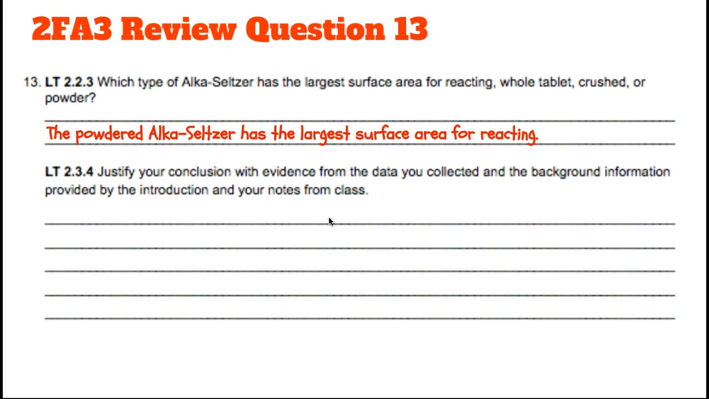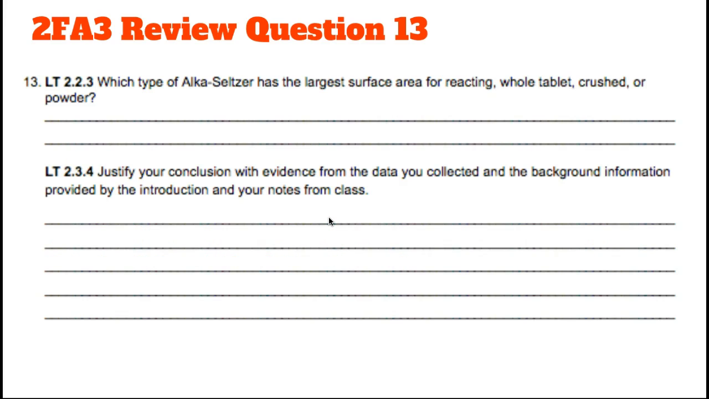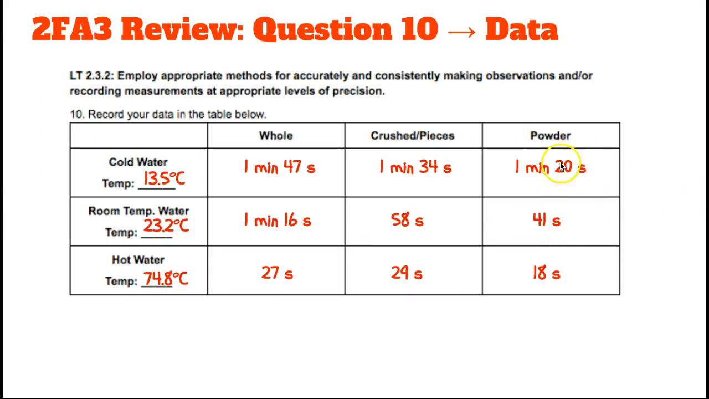So our conclusion justification is each of the powdered trials was faster than the crushed or the whole piece trials, regardless of the water temperature. If the reaction happened faster, then there must be more surfaces for collisions to happen. So the greater the surface area, the faster the reaction. And again, if we're looking at our data table, it showed us that for all of our powdered trials, we had the shortest reaction time regardless of the temperature. Okay,